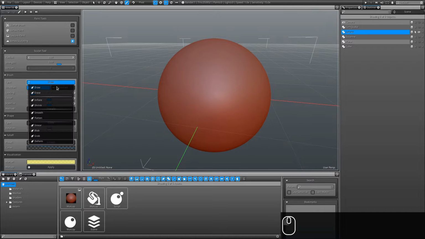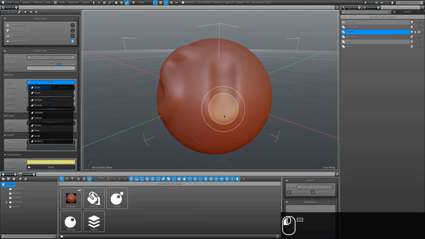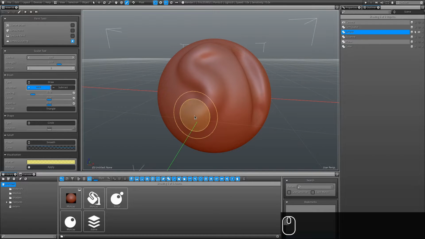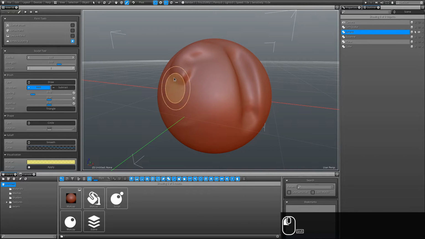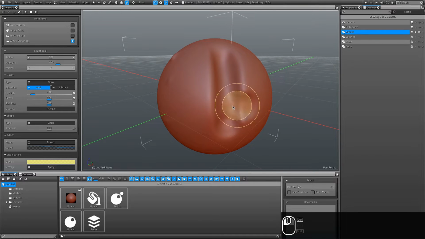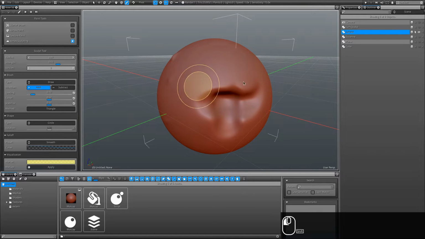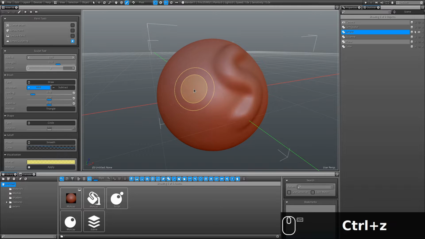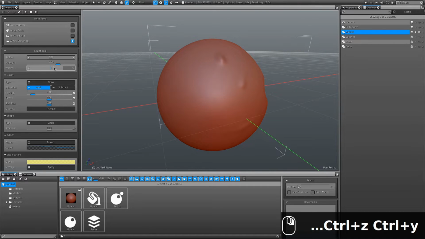So the brush here, we got the draw erase. Draw will allow you to carve on the surface or inside the surface by alternating between the add or subtract, or simply hold the control key. At any time, you can hold shift and simply erase whatever you have done, just like that, and restore back the geometry to its original form before the sculpting gets started. You can also use the version slider that is connected to Control Z and Control Y to undo and redo